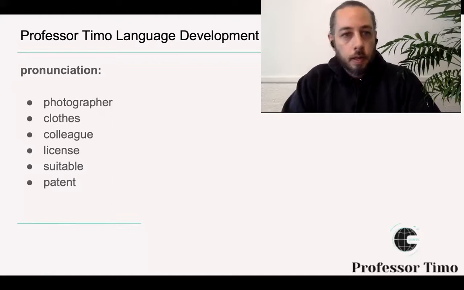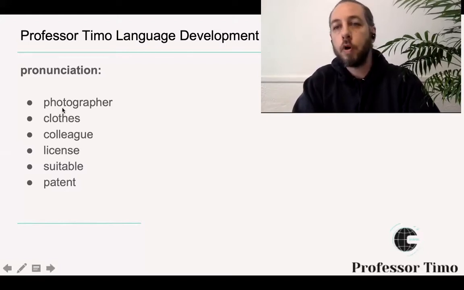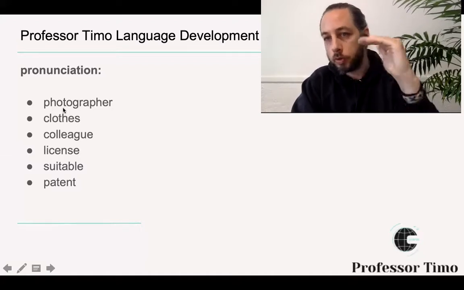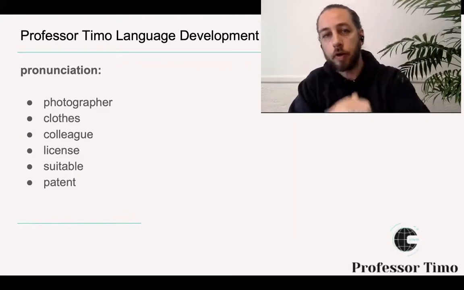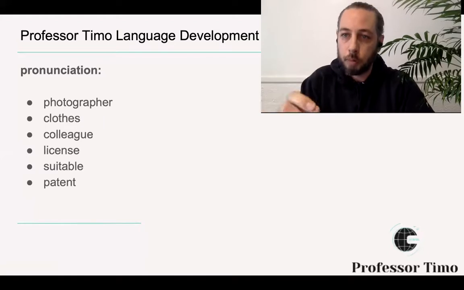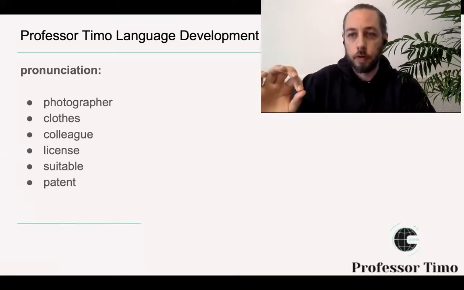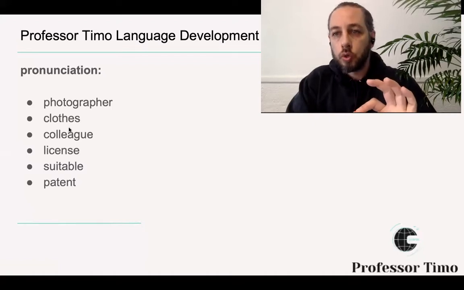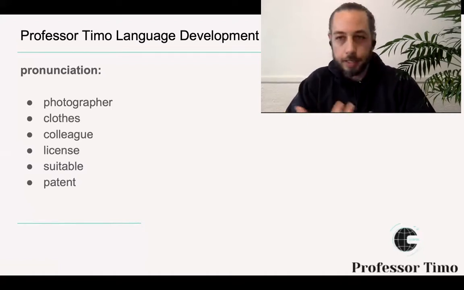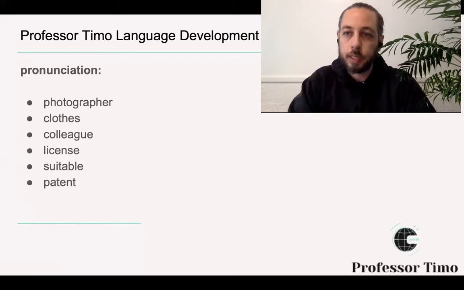Okay. Now our last content slide, we've got a few more words. So let's go through these a bit faster here. So in this word, photo, a 2-syllable word, you stress the first O, photo. But the profession, photographer, you stress the second O. So repeat after me, photographer. All right. The next word, close. So what word does that sound like? Exactly as if you were closing a door, open, close. It's exactly the same pronunciation, close.